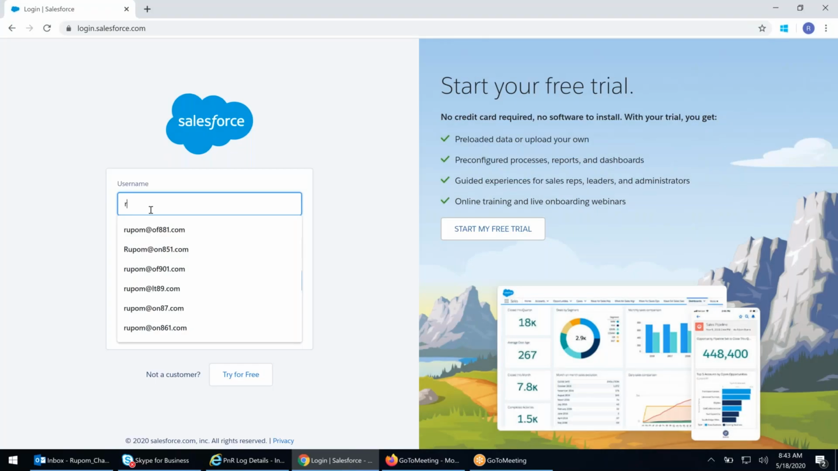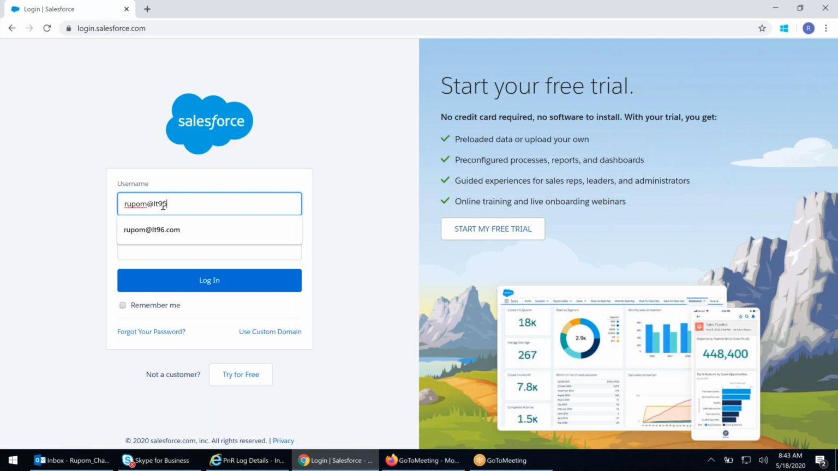I log in with the credentials, Rupam at LT96.com, password